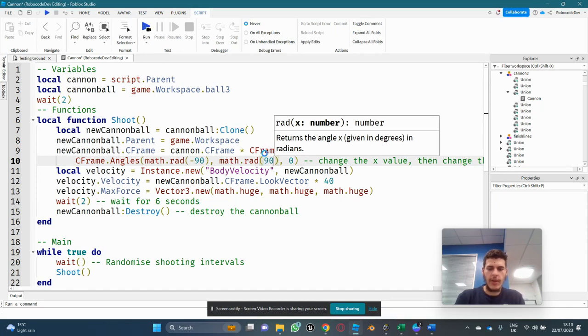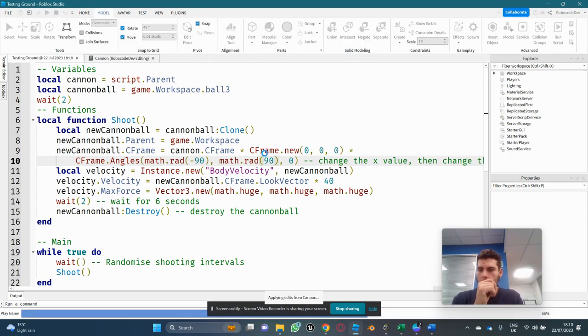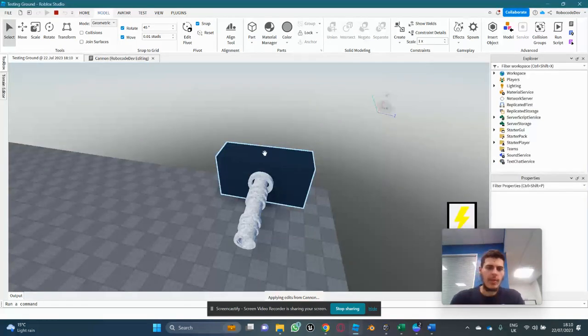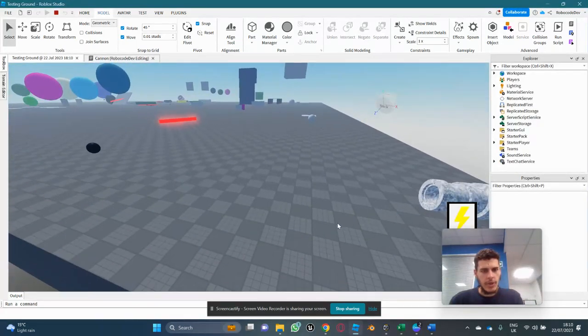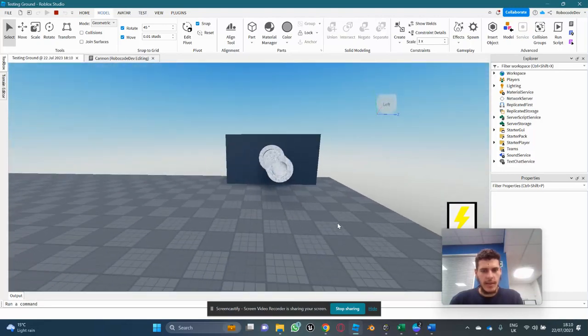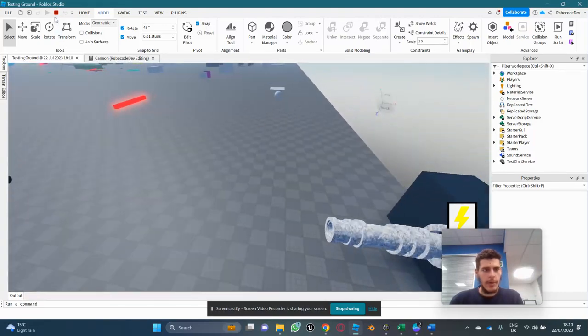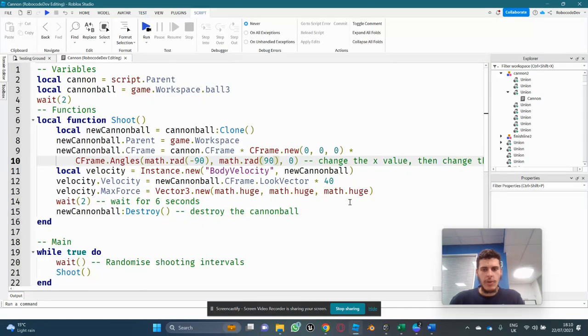Now I'm just trying to see if I can make it a bit better. So again, we'll take it up. Let's try 90 degrees. Okay, so 90 degrees will make it shoot directly in a straight line, which for this cannon design works quite well. So once we've changed these two values, so the angle math.rad,